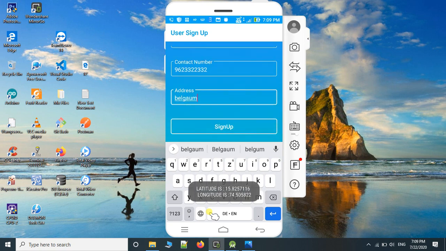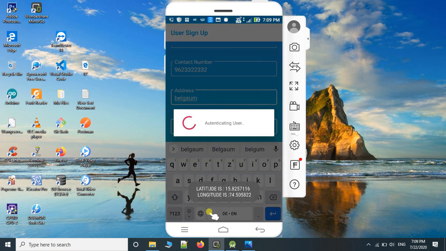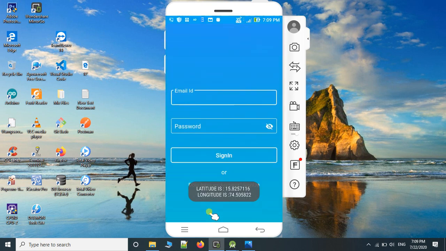So after providing all the details, I'll click on the sign up button, and as a passenger, it is registered